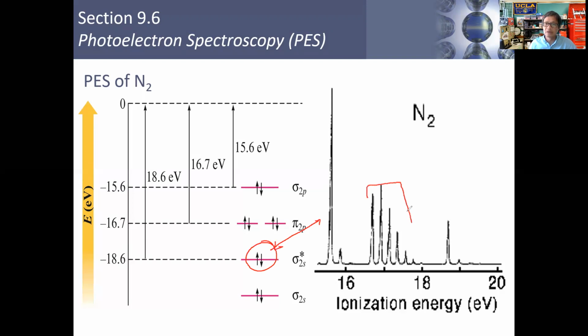These 4 peaks here, next in energy, represent these 4 right here. And then finally, these 2 here are represented by this peak here. And so that's how we were able to deduce that the pi 2p molecular orbitals fall below the sigma 2p. Remember, when I first introduced the molecular orbitals to you, the sigma 2p was supposed to be lower in energy than the pi 2p, but the photoelectron spectroscopy data here shows us that there are actually four electrons here, this grouping here, that is actually